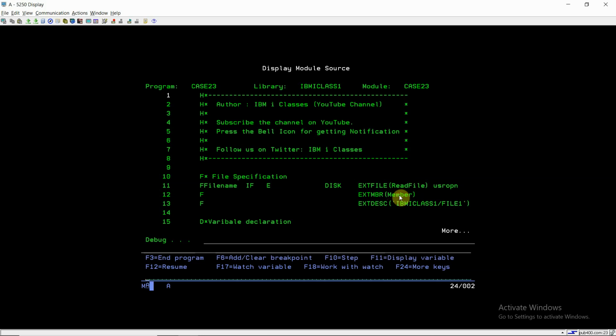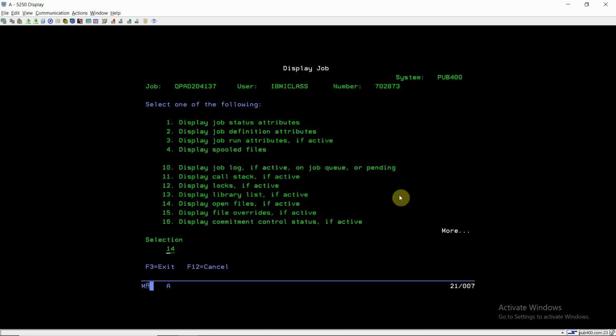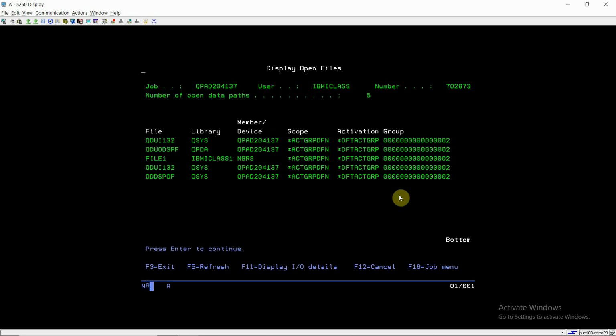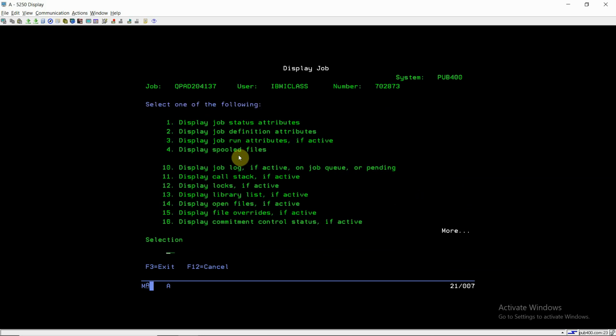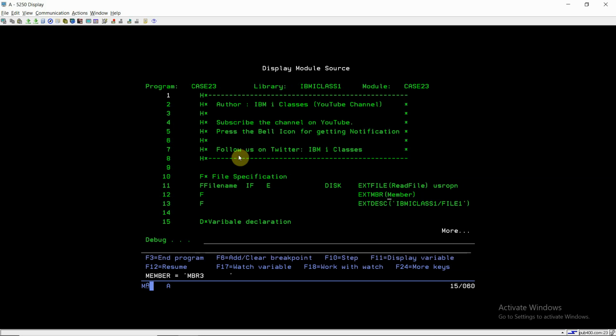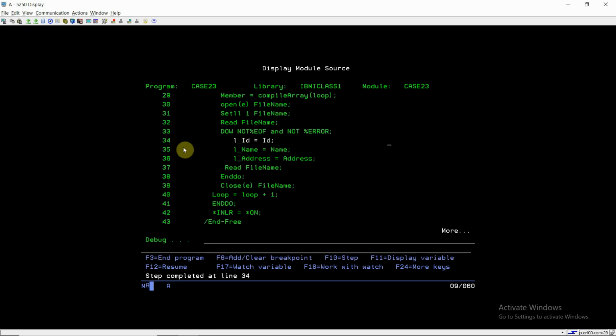So if I look at shift escape 3 option 14 for the open file, I can see that file 1 is opened in IBM class 1 library and the member now opened is member 3. Earlier the member which was opened was member 2. So now I can see that it will read the records of that member one by one.